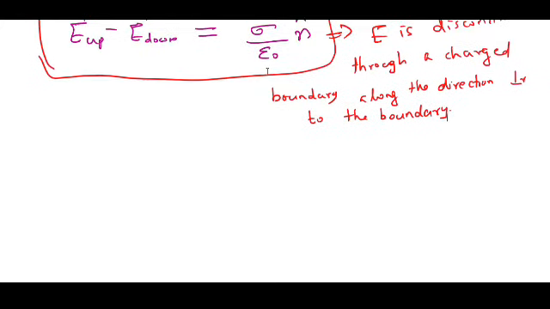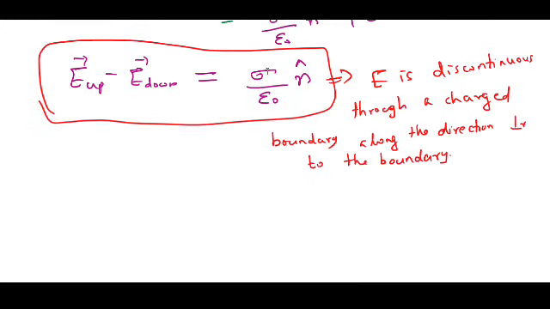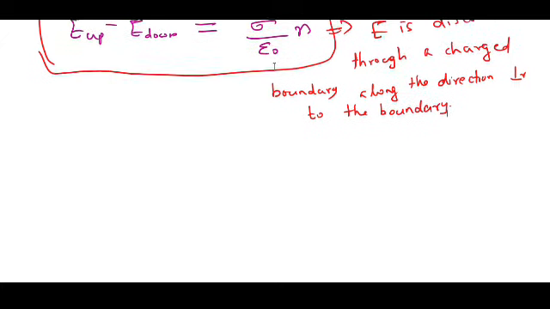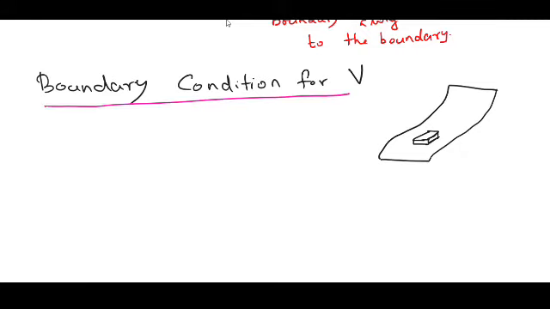Now let us go to the next topic. So far we were talking about the boundary conditions of the electric field. Next our task is to derive the boundary conditions for the electric potential. For the electric potential V, this is our charge sheet, and here we represent V up and V down. V down is the potential below the charge sheet, and V up is the potential above the charge sheet. Then V up minus V down,